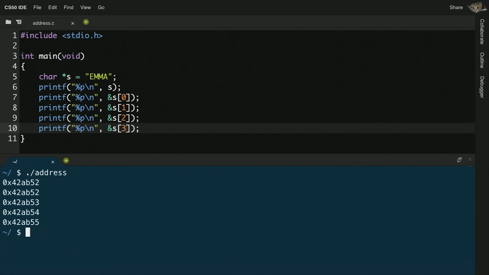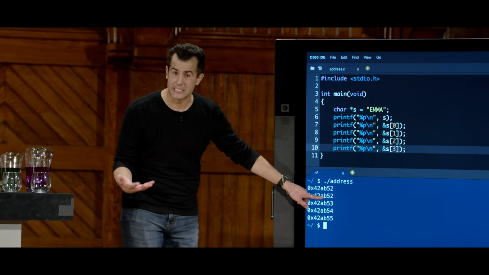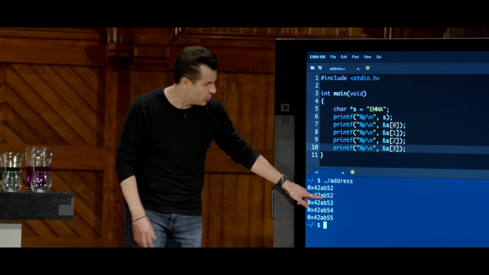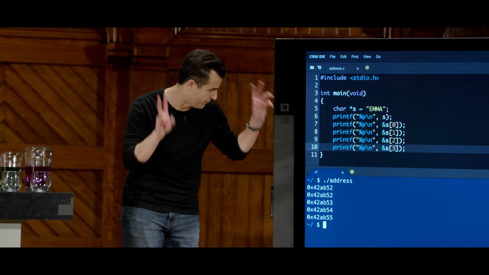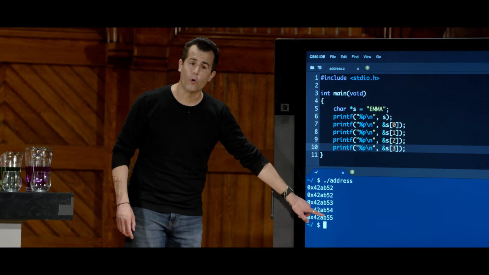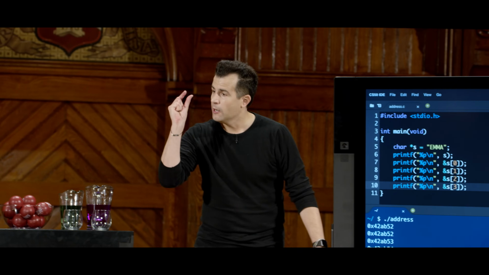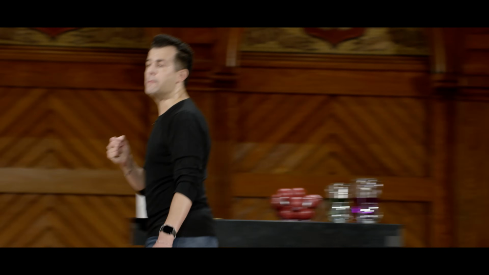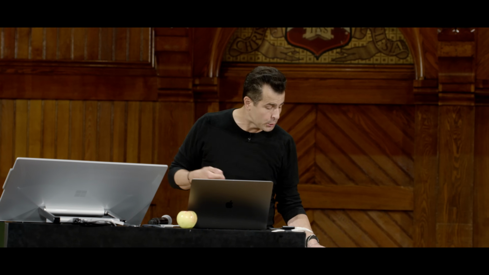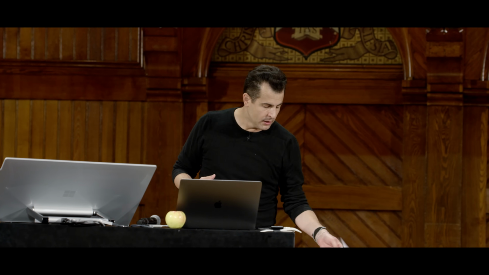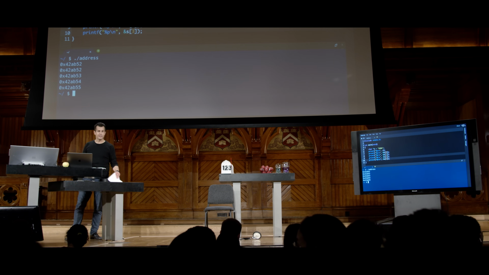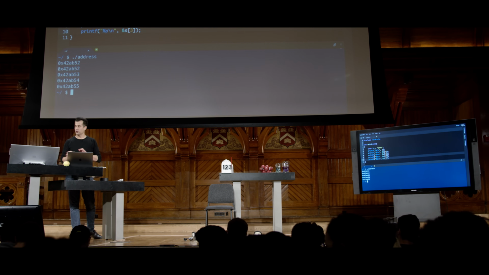Now, notice what I see is, again, s's address is at 42AB52. The first character in s is at the same thing by definition of what a string is. And then notice what's kind of neat, if for some definition of neat, 53, 54, 55 is noteworthy. Why? They're 1 byte apart. So this whole time, maybe you implemented Caesar or Substitution or some other cipher in problem set 2, anytime you were manipulating individual characters, you didn't know it, but you were just visiting different mailboxes. You were just visiting different addresses in the computer's memory in order to manipulate them somehow. All right, can I do one last demo that's a little arcane, and then we'll make things more real?